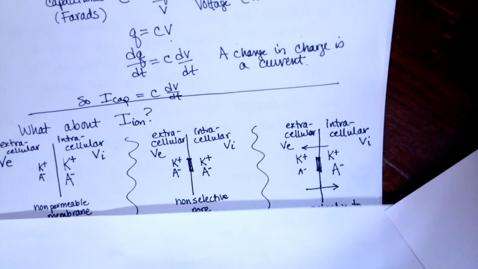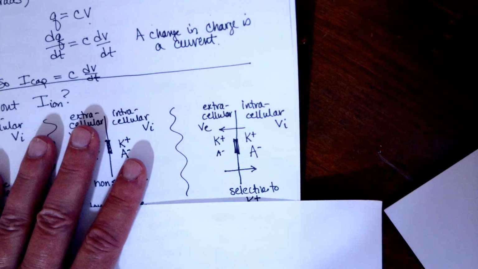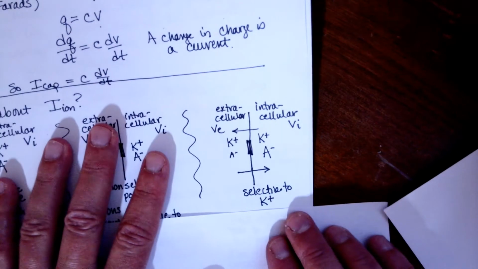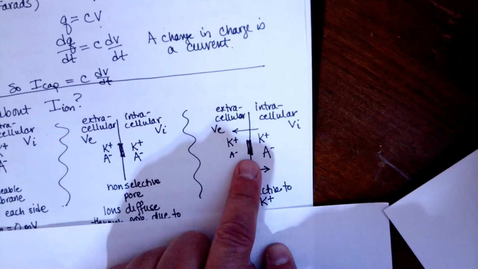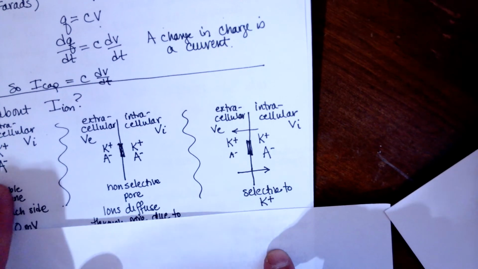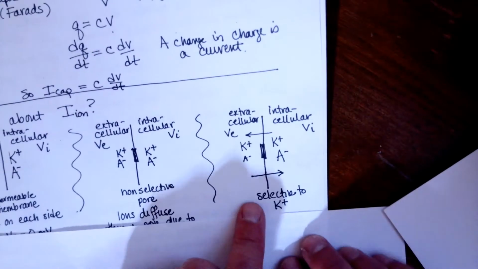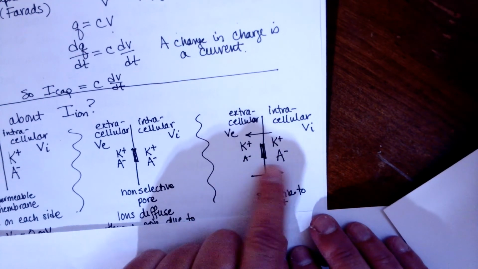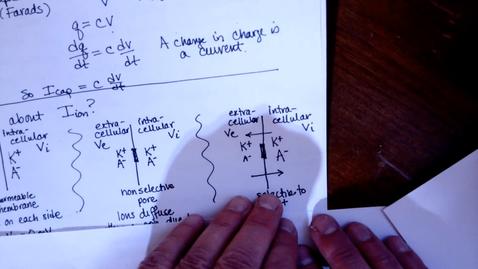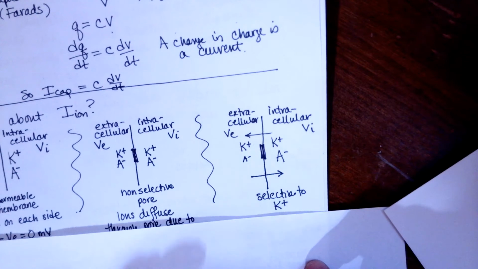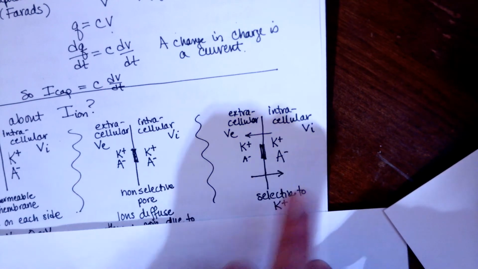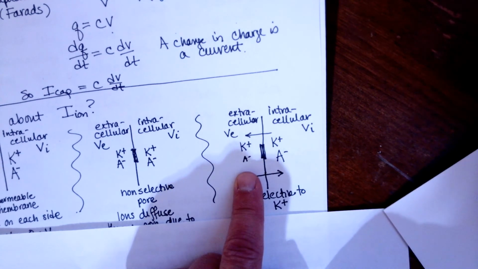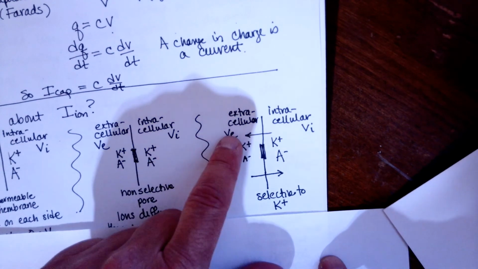All right, now let's suppose that we have a selective channel, a pore that is selective and only allows potassium to go through. Okay, so in this case, we have two things going on. So assuming that we started like this, one thing is the potassium still wants, because it can go through this pore, it still wants to diffuse because of the concentration gradient and even things out. All right? But then once it does that, because this negatively charged anion cannot go through the pore, we start to get a